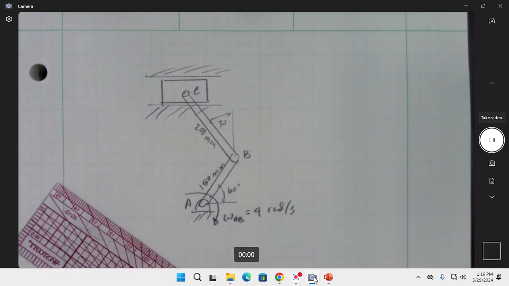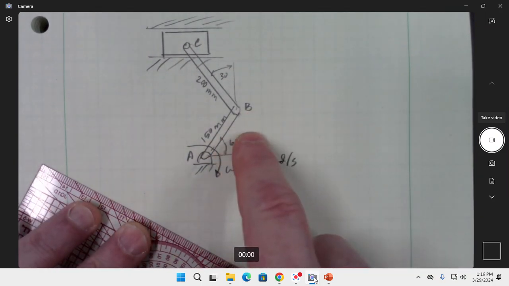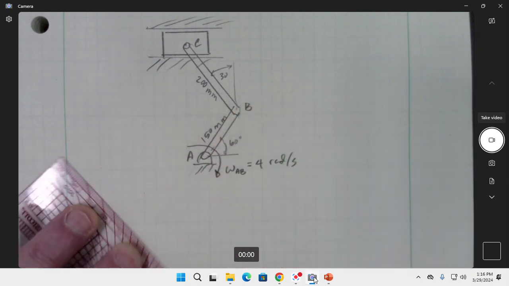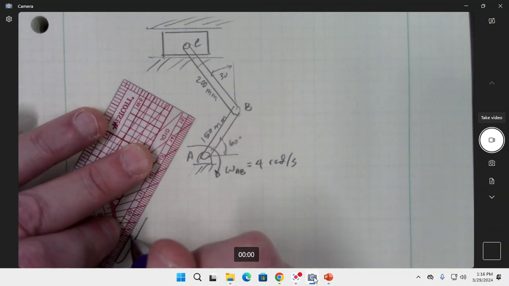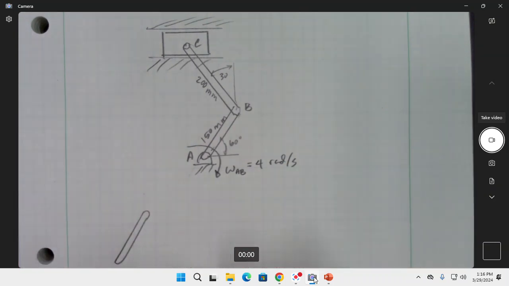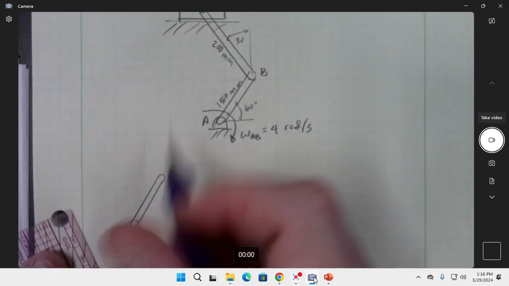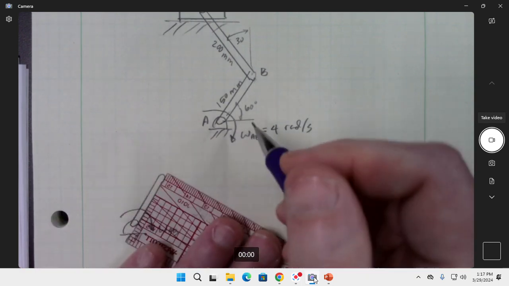So the basic first thing that you would do looking at a velocity problem like this is first get the velocity of B, because that's low-hanging fruit, easy to do. I like redrawing. You wouldn't necessarily have to redraw it, but I think there's a certain amount of helpfulness in doing this. We redraw that part right there with our omega AB, and we see that here,